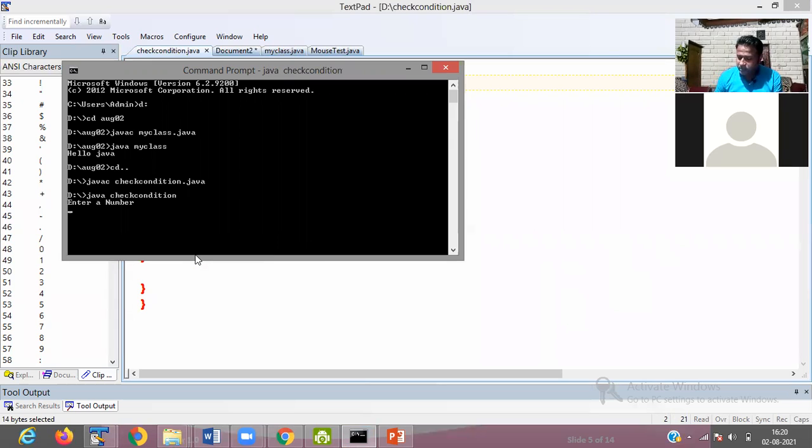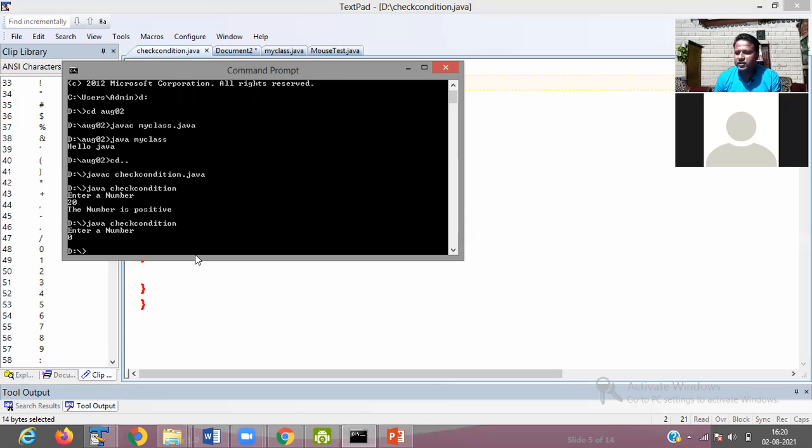So enter a number. Suppose I pass 20, then it shows positive. When I execute and pass 0, it doesn't show any value.